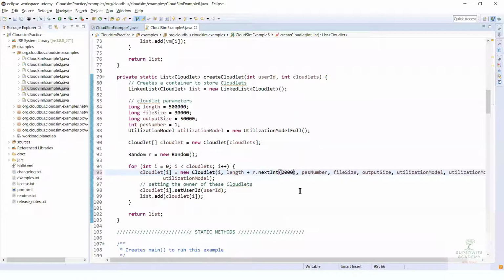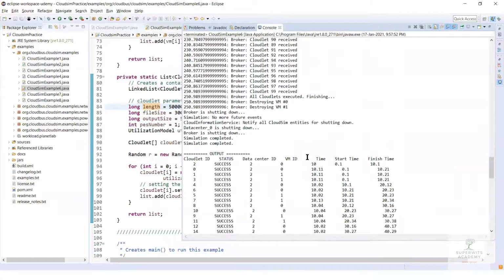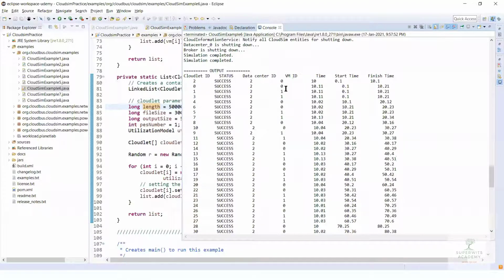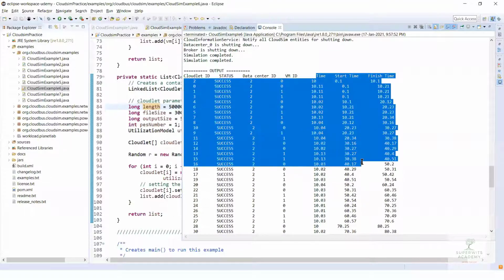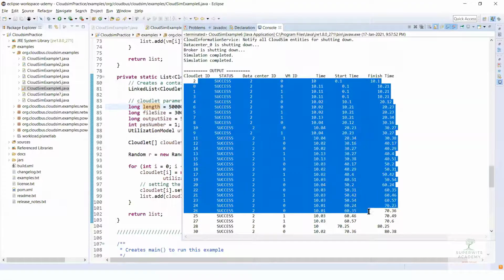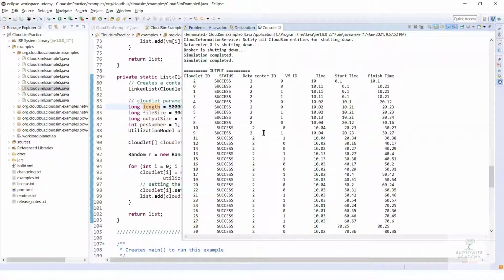With a 2000 seed, any number from 0 to 2000 is going to be generated randomly and added to the length of the system. If I run this, you can see the changes in the finish time, right? You can simply see the difference between the different cloudlets. They all have different lengths corresponding to their system.